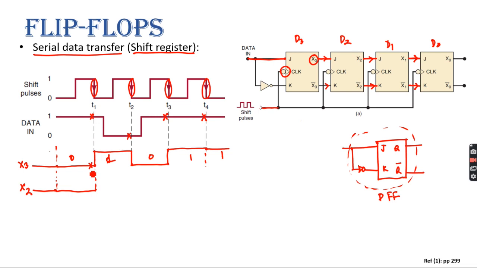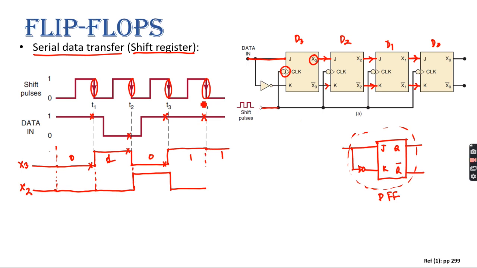Just before that first negative edge, what is the value of X3? 0. So it will continue to 0 until it gets the next negative edge. Just before the next negative edge, what is the value of X3? 1. So it will switch to 1 and it will remain 1 until it gets the next negative edge. Just before the next negative edge, what is the value of X3? That is 0. So it will switch to 0 and it will remain 0 until it gets the next